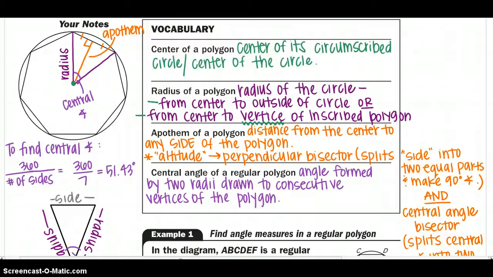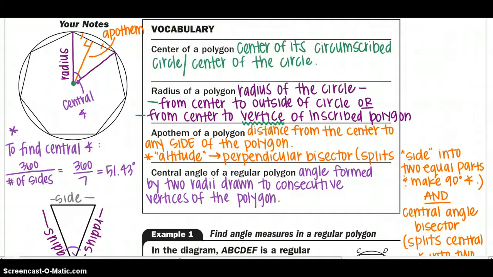So if I have two radii that I have drawn, that you can notice in that dark purple, it almost creates a triangle that we'll talk about a little later. And the angle that it creates by those two radii is called the central angle. And to find the degree of that central angle, you can look down here at my equation. You'll do 360 divided by the number of sides. Since we have 7 sides in this figure, I would do 360 divided by 7, which would give me a central angle of